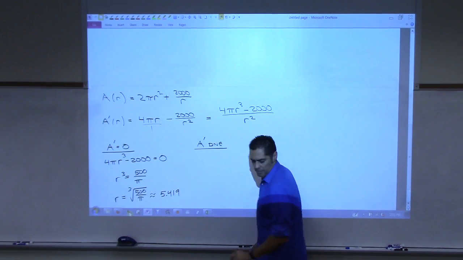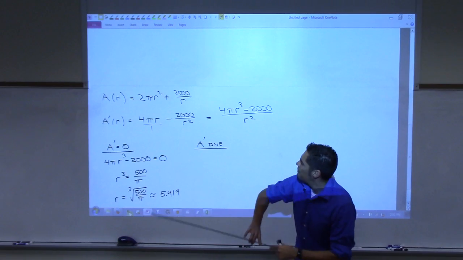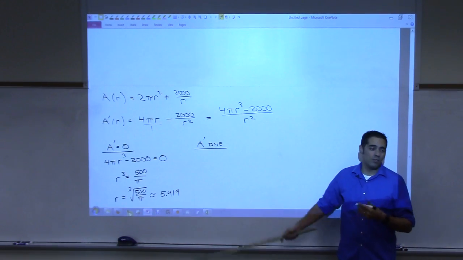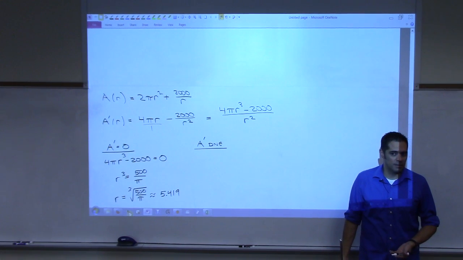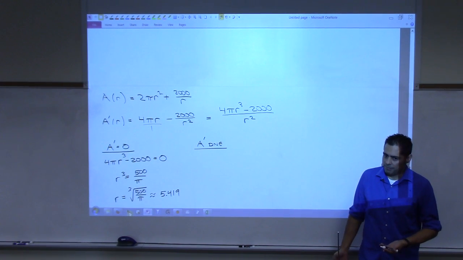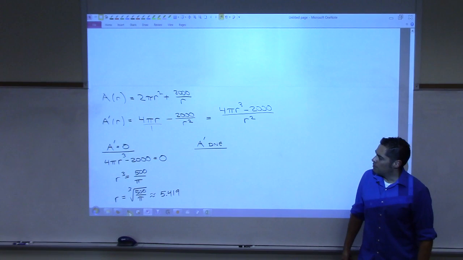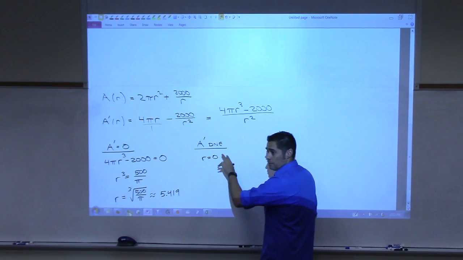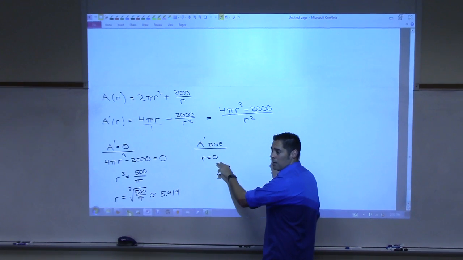Look at your derivative. Does it ever not exist? At 0, right? But 0 is actually not even in the domain of the original function, is it? It's not. But from our experience with, even though this is not a critical number, it's something that we should